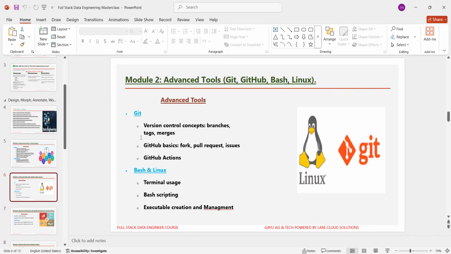And in part 2, we are going to learn about Bash and Linux, automating your workflow. As a data engineer, you often work inside Linux-based systems, especially in production servers and cloud VMs. Here, you learn navigating the terminal, file handling, and directory navigation, writing bash scripts to automate tasks, making scripts executable, and scheduling them. You create a bash script that runs your Python web scraper, logs the output to a timestamped log file, and sends an alert if data is missing.